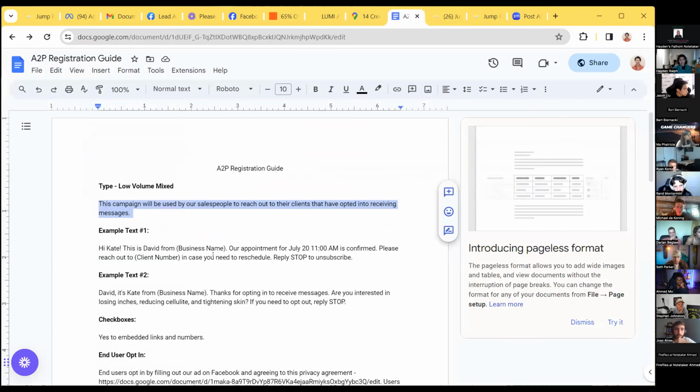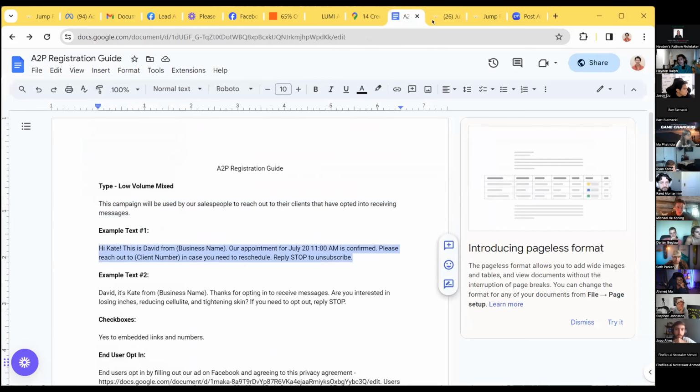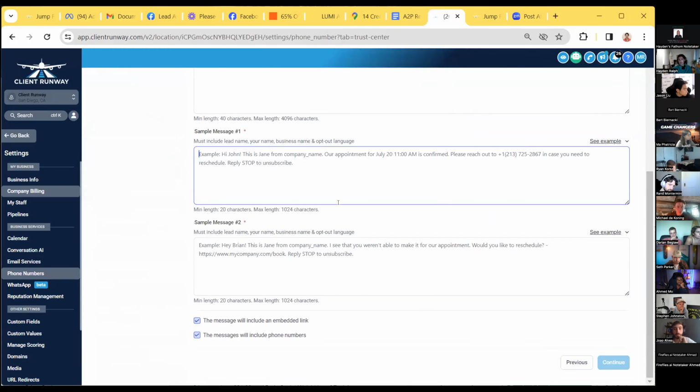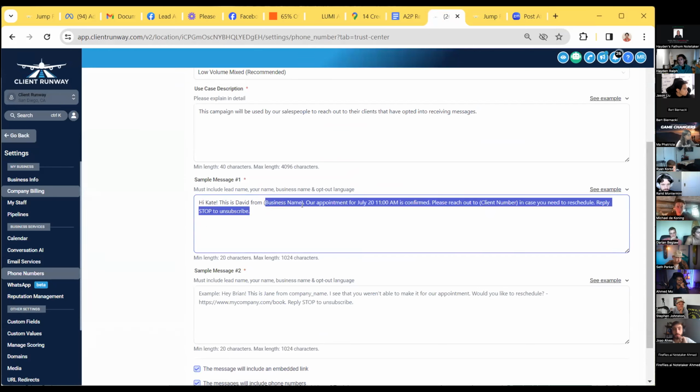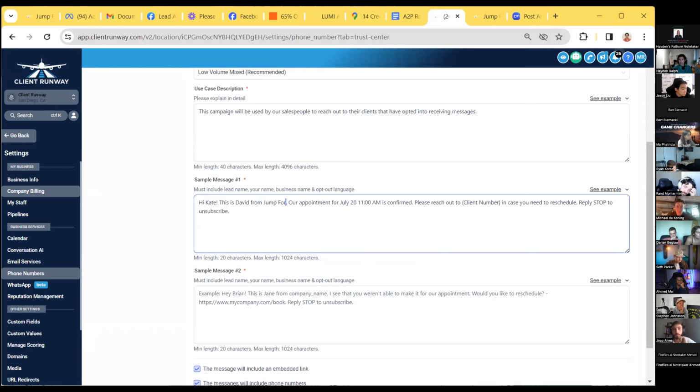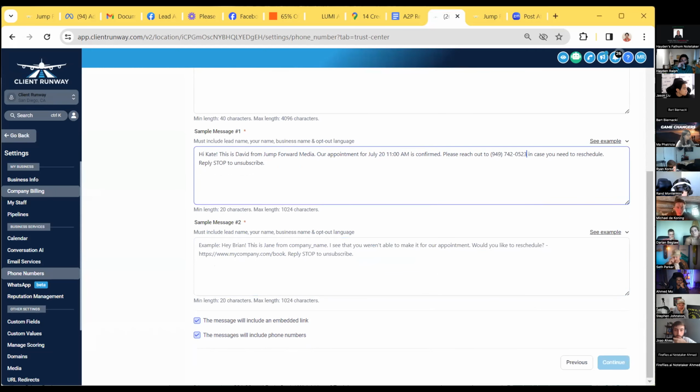Let me fill out this one. You want to make sure that you're giving it good example text. We ran into a lot of problems before with this, where we were putting in example text that we thought was good, but it wasn't until Patty talked with support and got really good messaging templates to put in here that our numbers got verified a lot easier. So we'll give you our templates and you can just change them a little for your niche. If we say something about med spa, just change it to whatever your niche is.